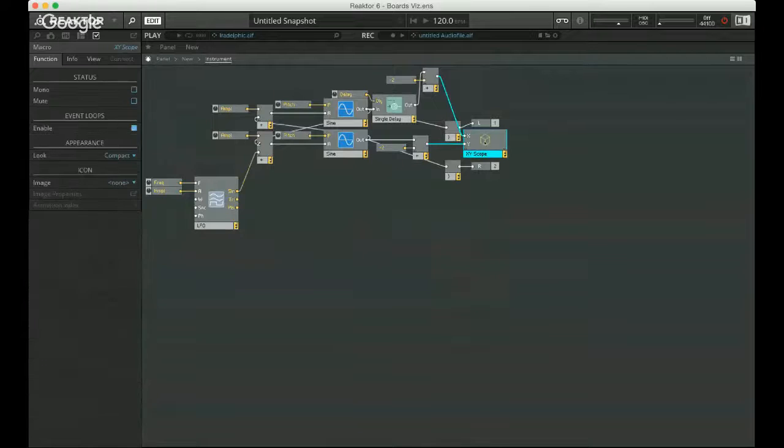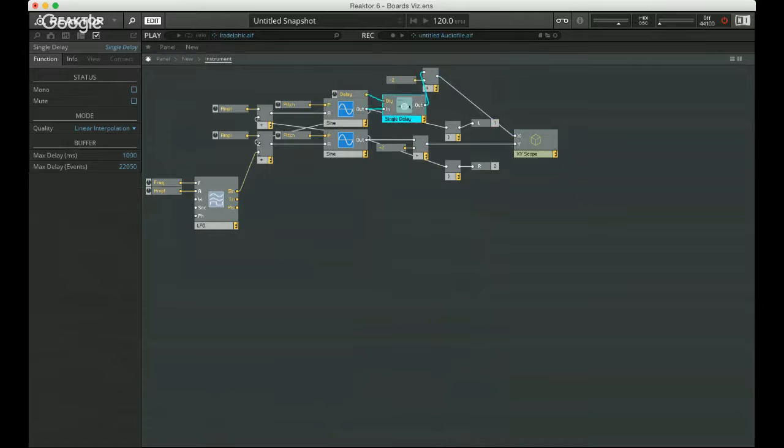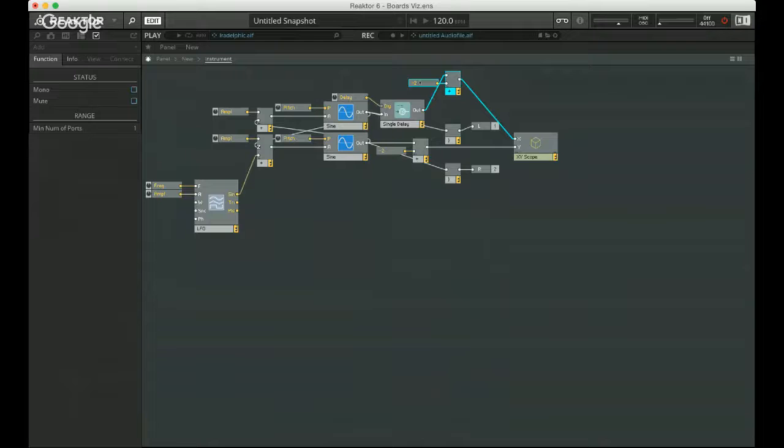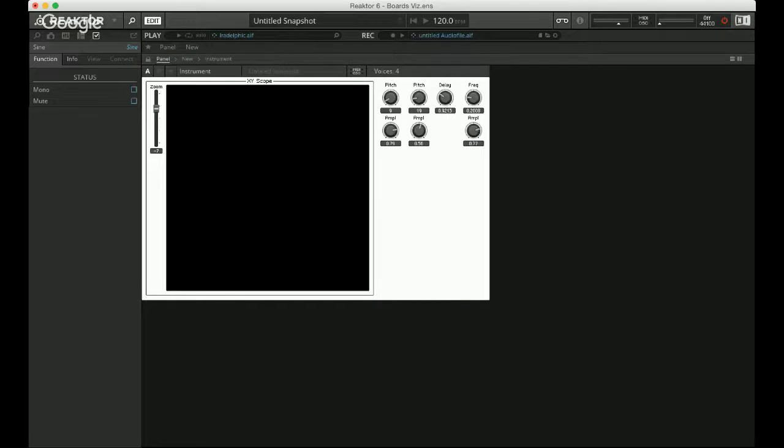We can see that with this one we have our scope. So this is just the X and the Y input. We have the single delay like we were using before. It looks like I'm adding some offset to the values here. And we just have our two sine oscillators. And we have a modulator here. So we're not even FMing these, it doesn't look like. But it does look like we are modulating the amplitude. So we're doing amplitude modulation here instead of frequency modulation. And when you add that all together, again, you're going to get this kind of